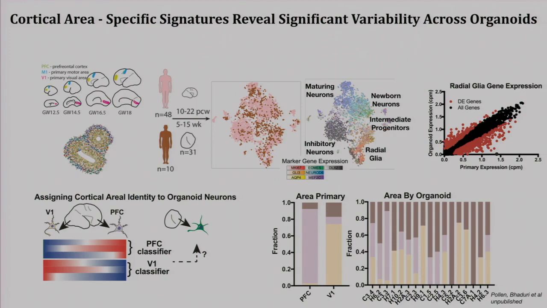But when you apply this classifier to study the heterogeneity of regional identity in organoid excitatory neurons, you see quite a lot of variation. A lot of this variation comes from line-to-line variation. Some of the organoids, even though they've been exposed to the same developmental signaling pathways and induced and differentiated using the same protocol, acquire quite different, quite variable states. Some organoid lines tend to differentiate into visual cortex-like neurons, while some other lines have a propensity to generate prefrontal excitatory neurons.